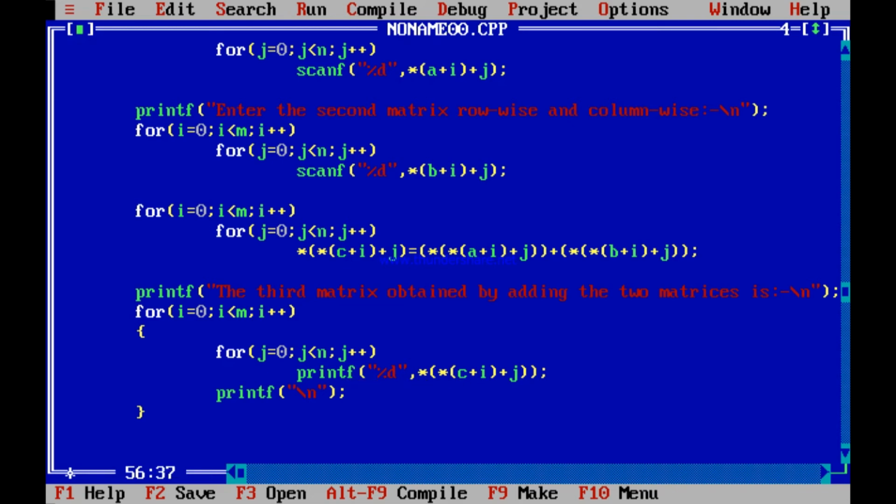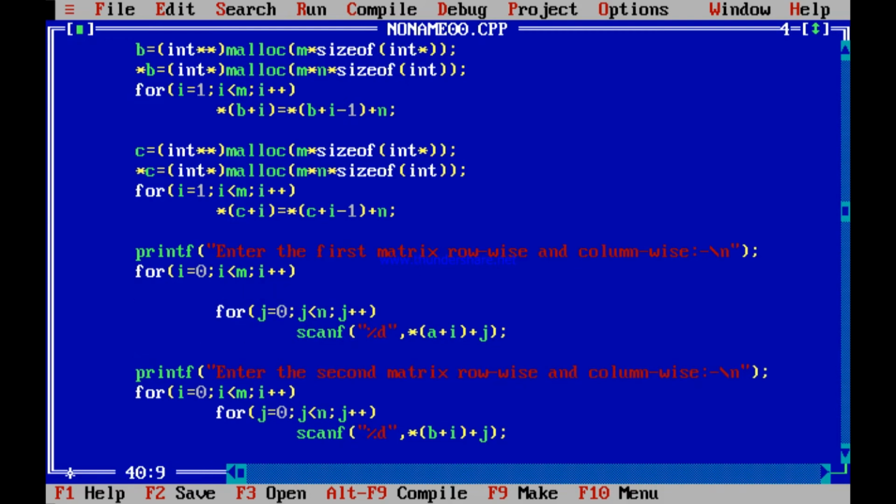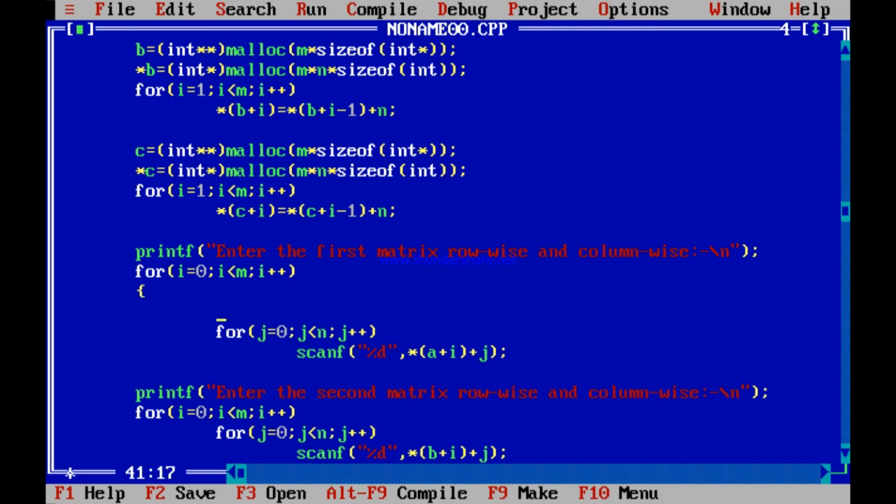Okay, so this is Cij which I have printed now with a printf \n. Over here, every time what I was doing, enter the first matrix row wise and column wise. There I can write enter the maybe the first matrix row wise, like this you can say. Over here you can say also, while printing, enter. You remember I used to do something like this.